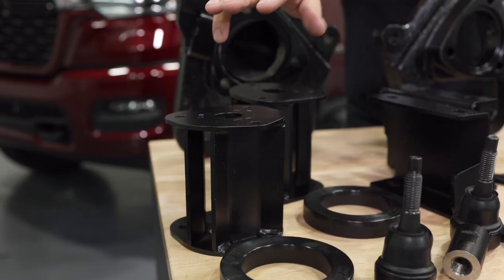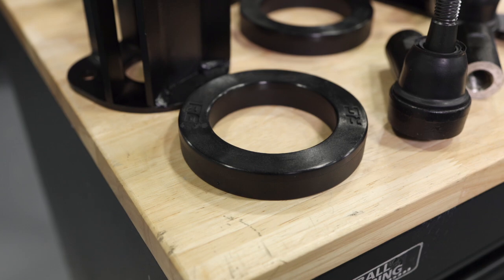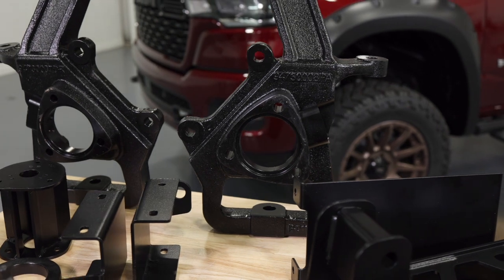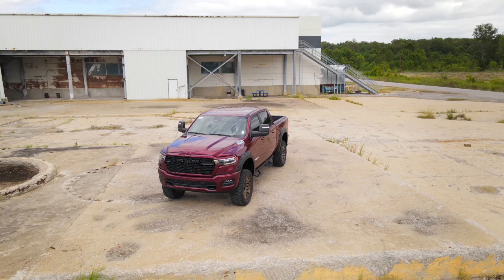Starting over here, we've got our front strut spacers as well as our preload spacers that give you the lift for the front. Next, we've got replacement tie rod ends specific to our lifted knuckles. Speaking of lifted knuckles, we've got a pair of these bad boys for you designed specifically to keep your factory